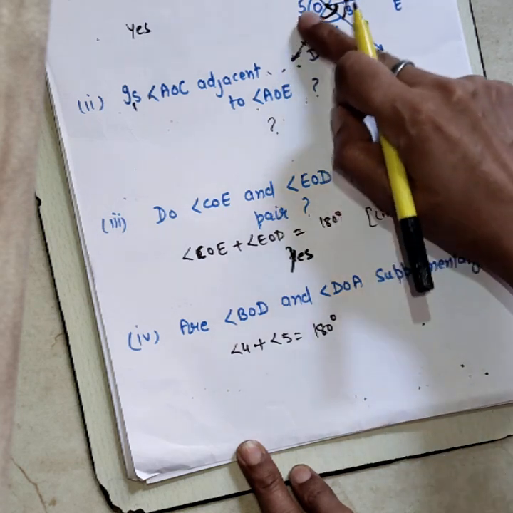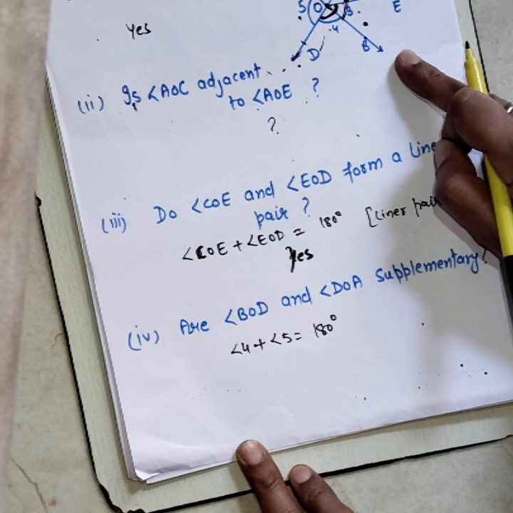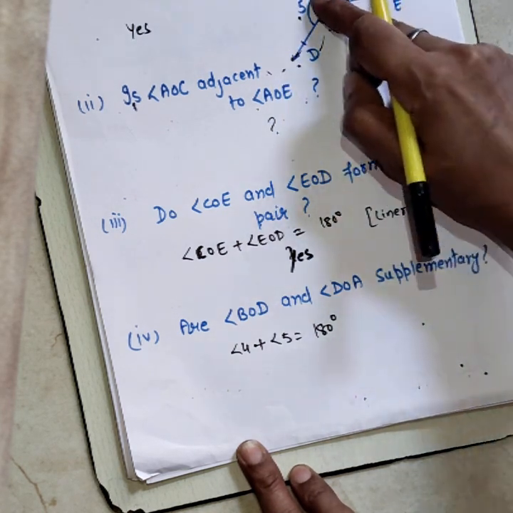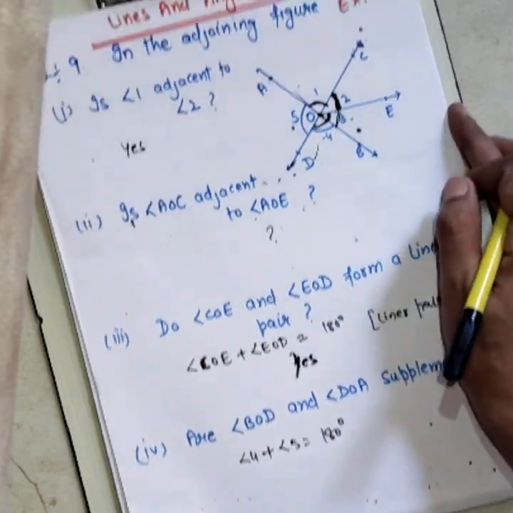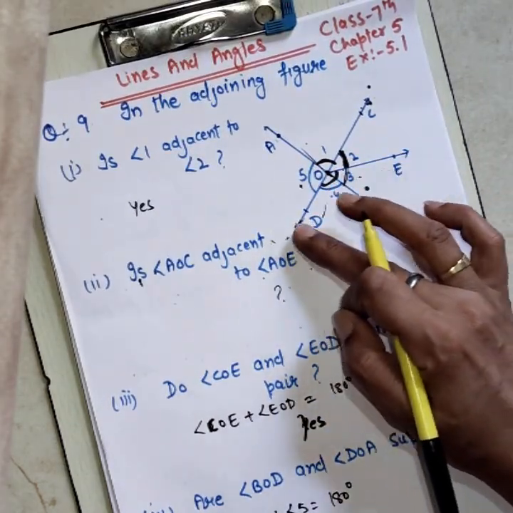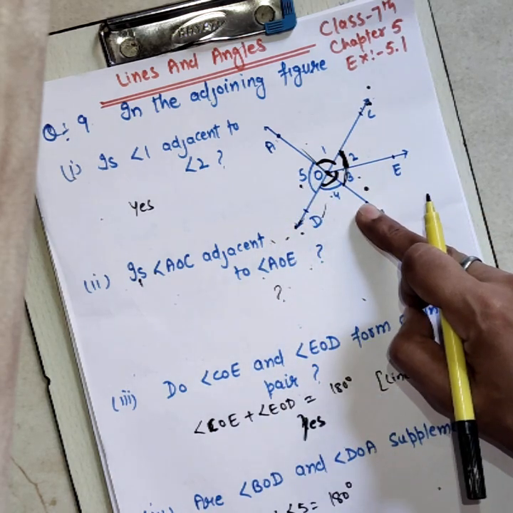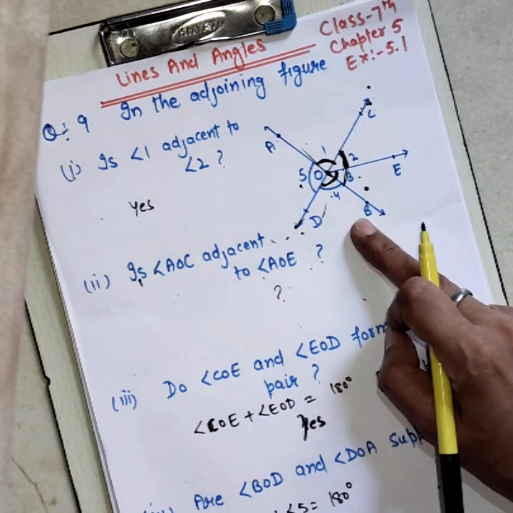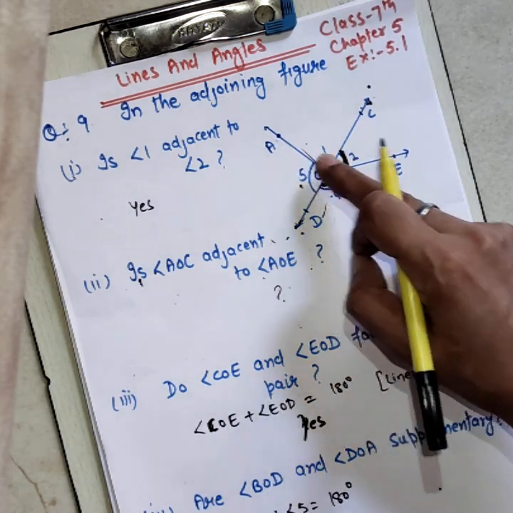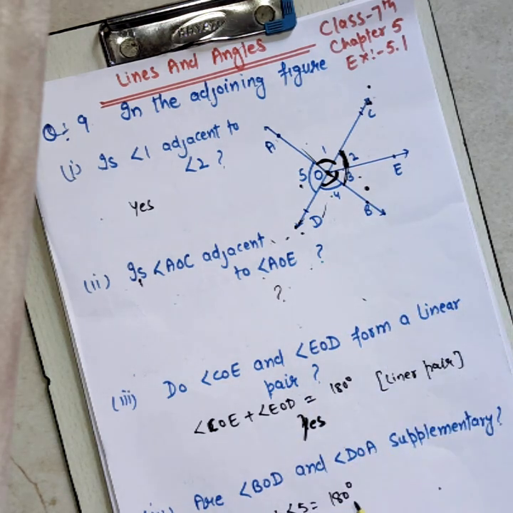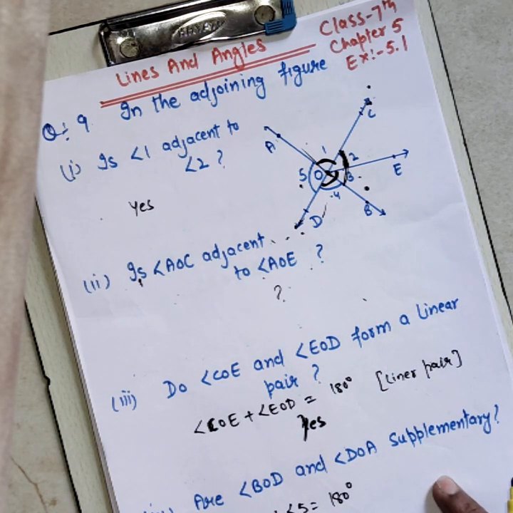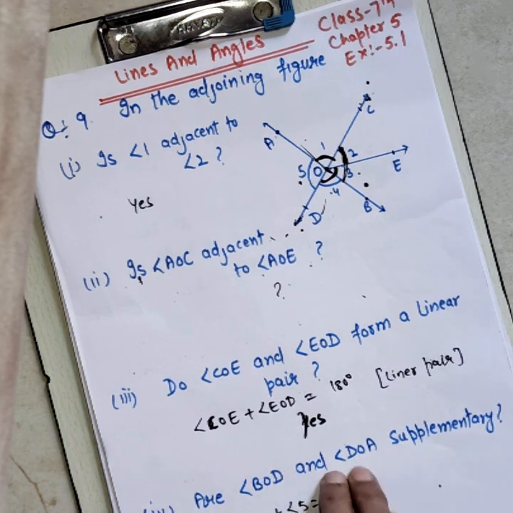BOD and DOA. BOD and DOA are supplementary angles. Yes, the sum of both is 180. So these are supplementary angles. Next,